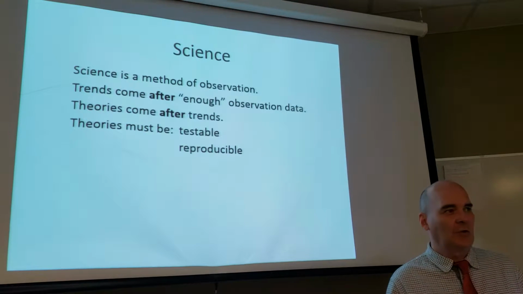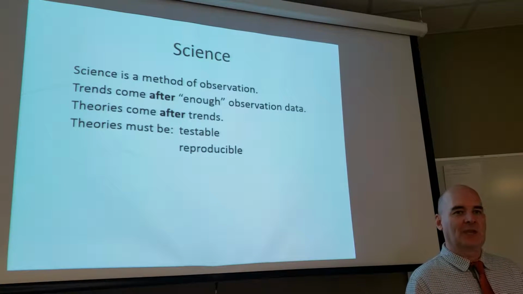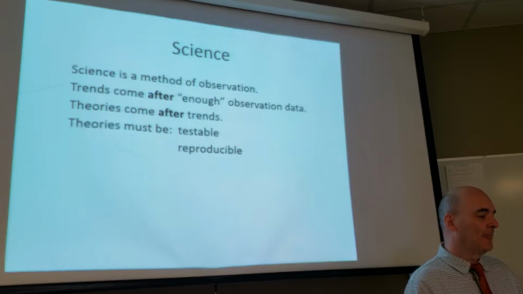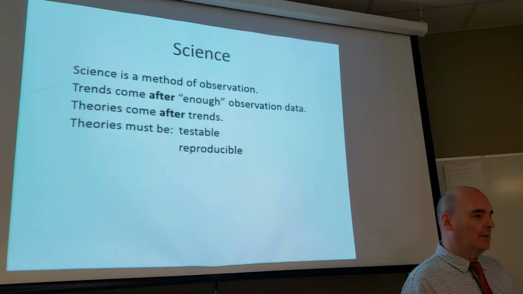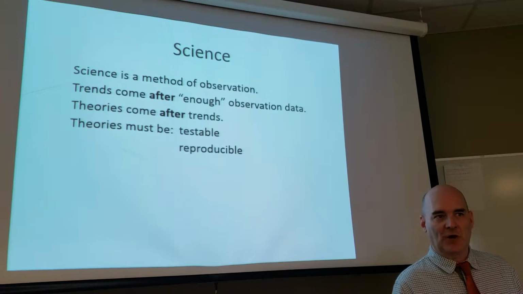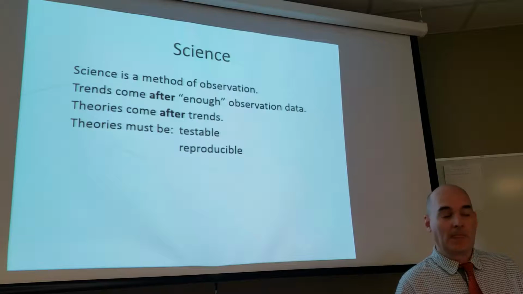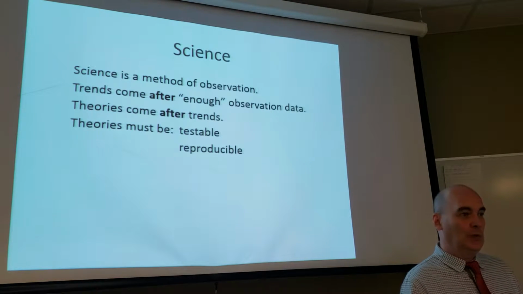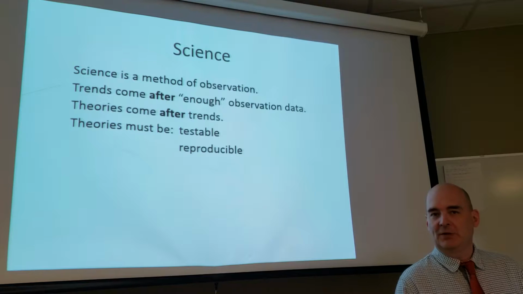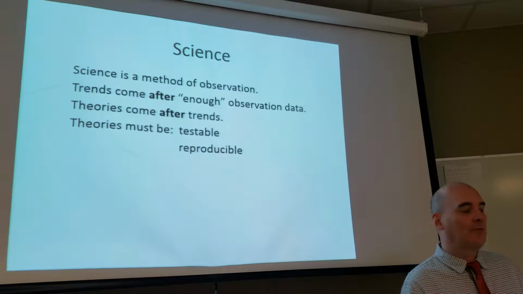And all that science is a method of observation. It's a method of observation that allows you to test your findings. And it's really important that the observations lead to something that you might be able to spot a trend in, and then after that trend you come up with some kind of theory that then can be testable. It's important that you find enough pieces of information, of data, that will exclude anomalies from popping up from time to time.